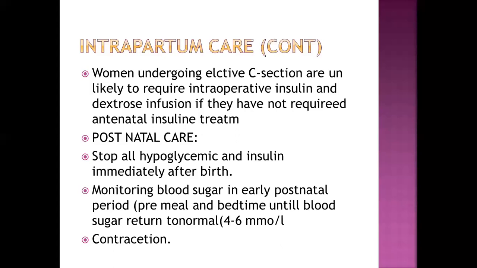So all the hypoglycemic agents and insulin should be stopped after the birth, and monitor the blood sugar in the early postnatal period, pre-meal and at bedtime, until the blood sugar returns to normal, that is 4 to 6 millimole per liter. This monitoring means that the patient has no insulin, no oral hypoglycemic, she is just controlled on